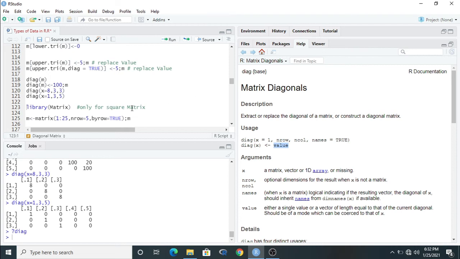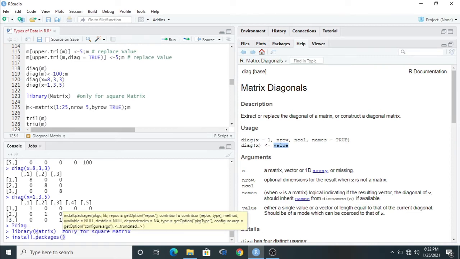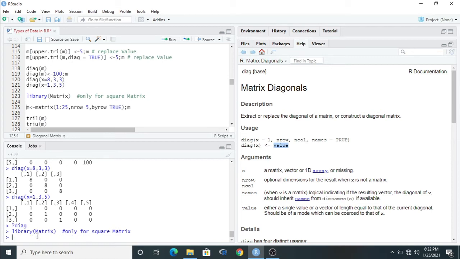Clear? There is another package, known as the Matrix package, and there are some benefits compared to the previous discussion. Just run this package, Matrix. If you have not installed this package, then you can use install.packages, and inside the package you can use inverted commas and write Matrix. Okay, just run this. It will be downloaded if your internet connection is good. Okay, then go to the next.